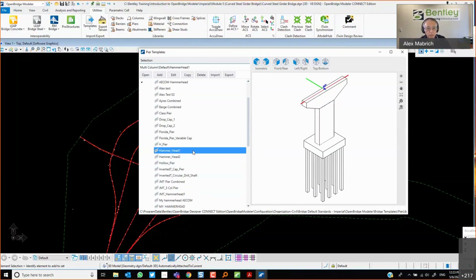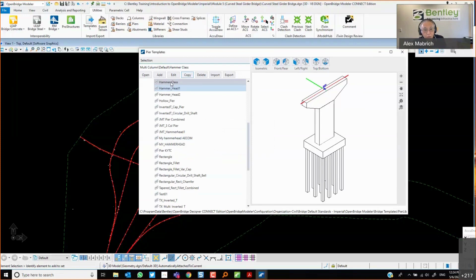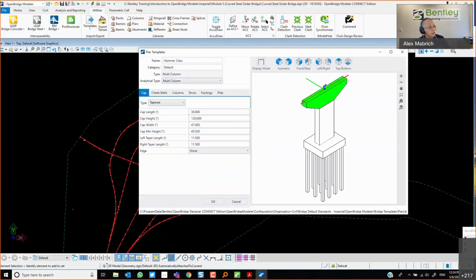So what we can do is, same thing that we did with the deck itself, is to copy that, because I want to modify it, right? And make it my own. So I'm going to call it hammer class. And then that particular one, I can just go edit it and accommodate it to my needs, right? Because I know exactly what I need, right? I don't need, for example, if I follow the manual, I don't need 36, I need 25 feet of cap,